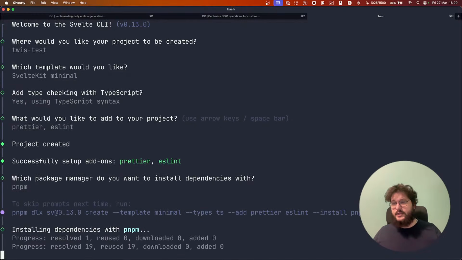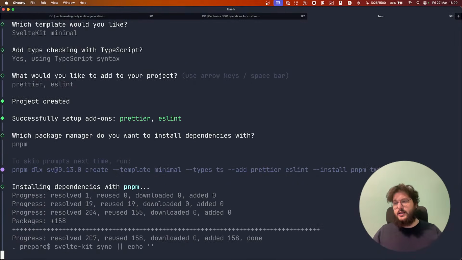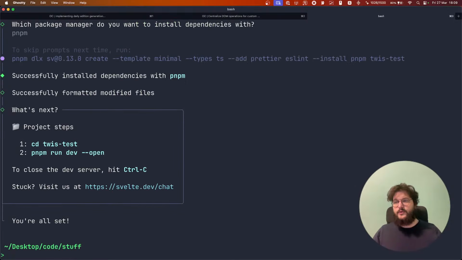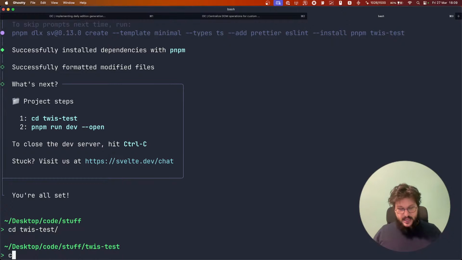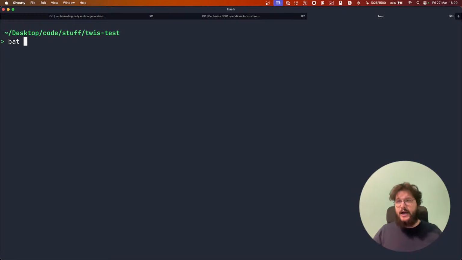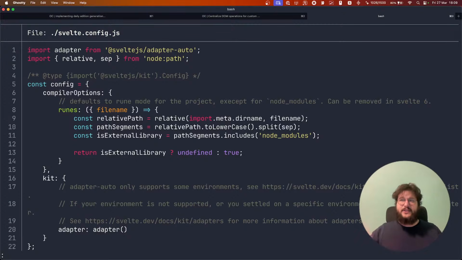Okay, so now if I move to this week in Svelte test, and if I look at the Svelte config, this is the Svelte config that is generated by the SV CLI. And you will see this thing here.